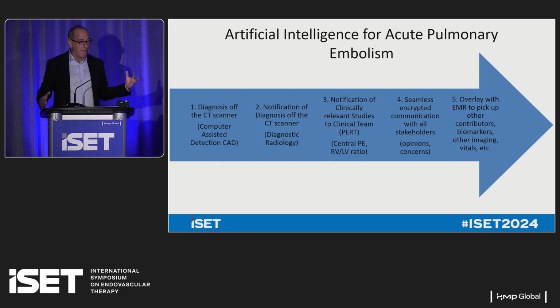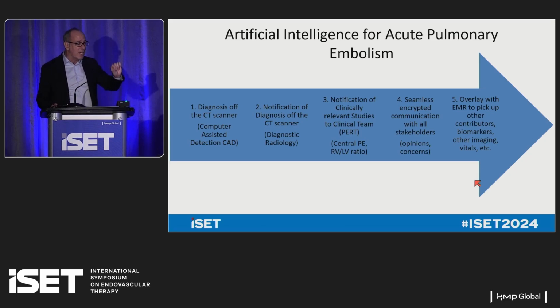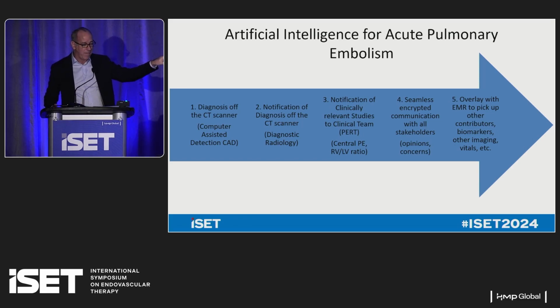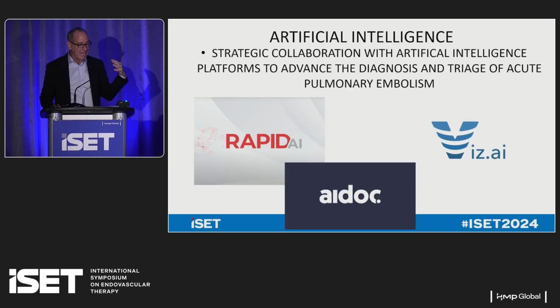Then very recently, at least in our institution last year or so, we have full integration with the electronic medical records. So we're literally able to say: is this not just an intermediate risk PE, is it an intermediate high risk PE, or is it a high risk PE? That's been really transformative, because we are able to categorize the patient, figure out what we're going to do, and hopefully enroll them in a clinical trial, but that's happening now.